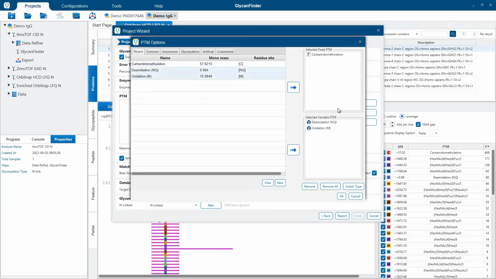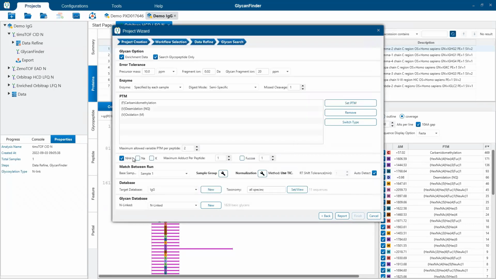So just set your typical PTMs that you'd expect for any typical proteomics search. You'll notice that we do have a list for glycosylations, but of course, since it's Glycan Finder, it is searching for all the potential glycans that are found in your actual glycan structure database.